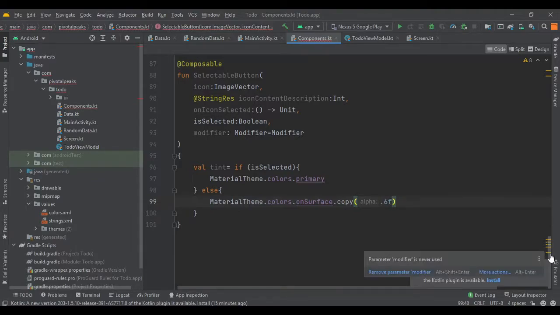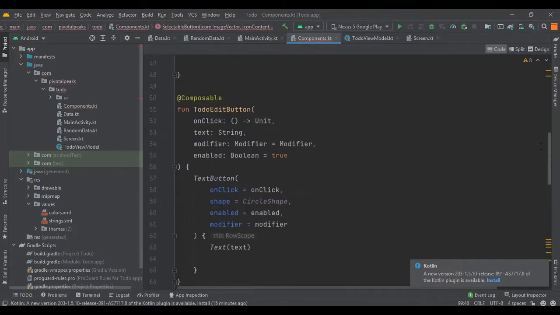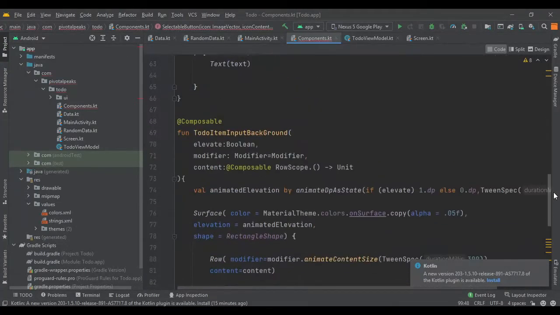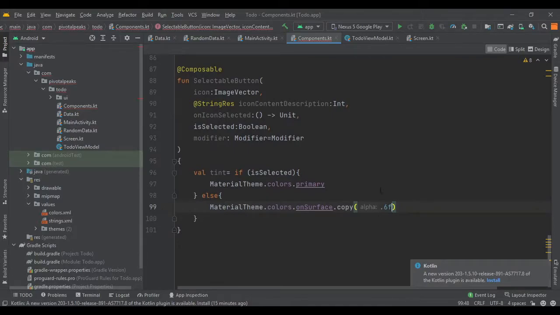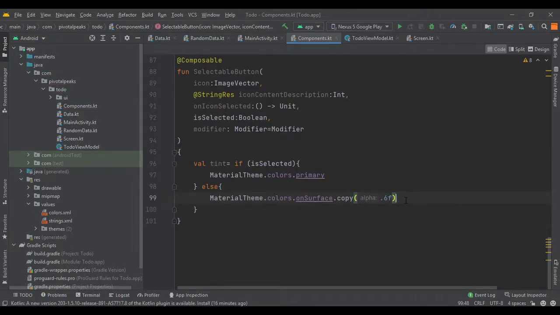Looks like there is something wrong in our code. I guess we need to provide the equals sign here. Maybe I did not type it correctly, so that's why it was showing an error.